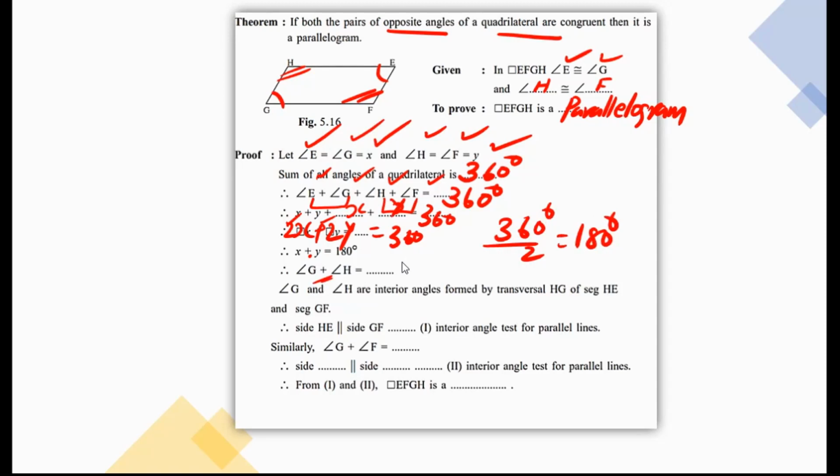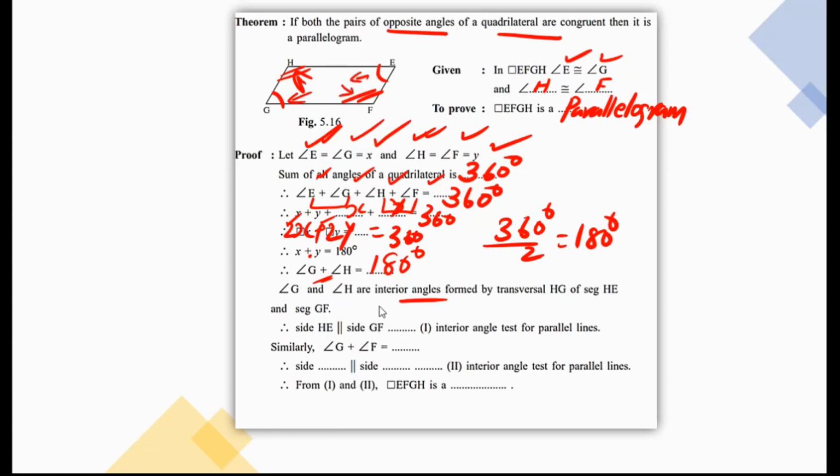That means G plus H, or E plus G, when we think about those angles X and Y, one from this group, one from this group, G and H will be equal to 180 degrees. ये क्या हमको प्रूव कर रहे हैं? इंटीरियर एंगल्स का टोटल 180 डिग्री हो गया. करेक्ट? G and H, let us look at the diagram. G and H, E and F, total 180 degrees हो गया.